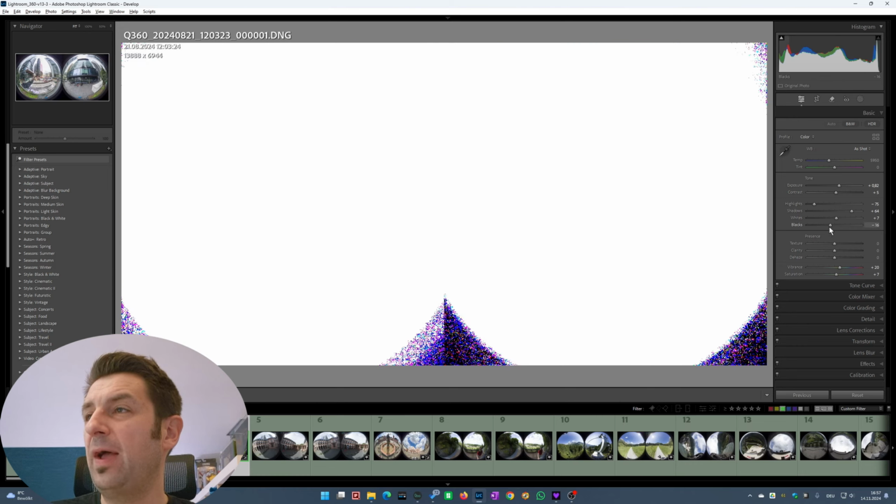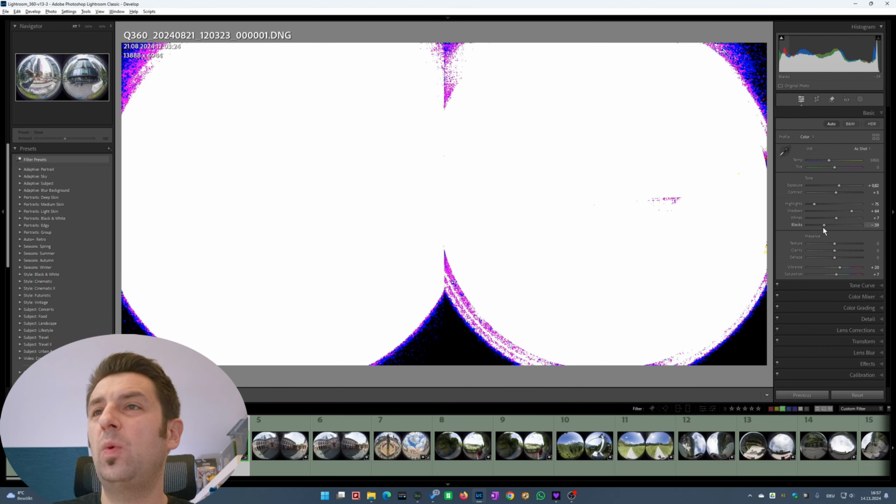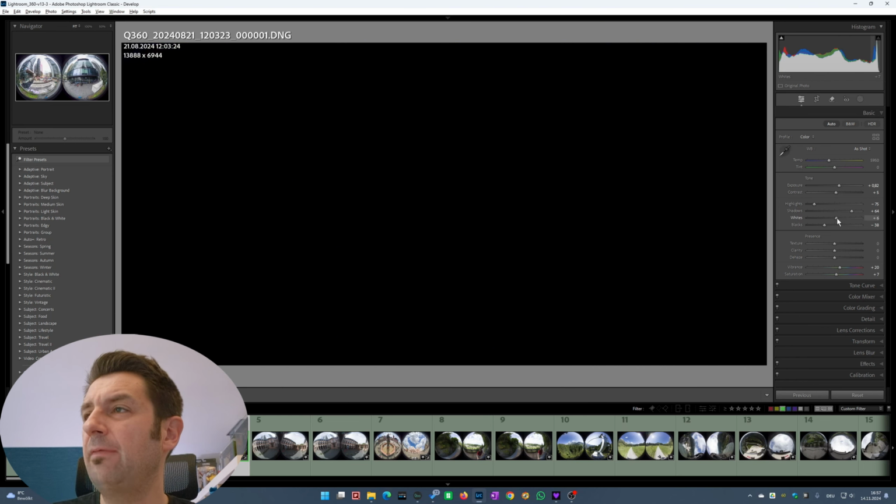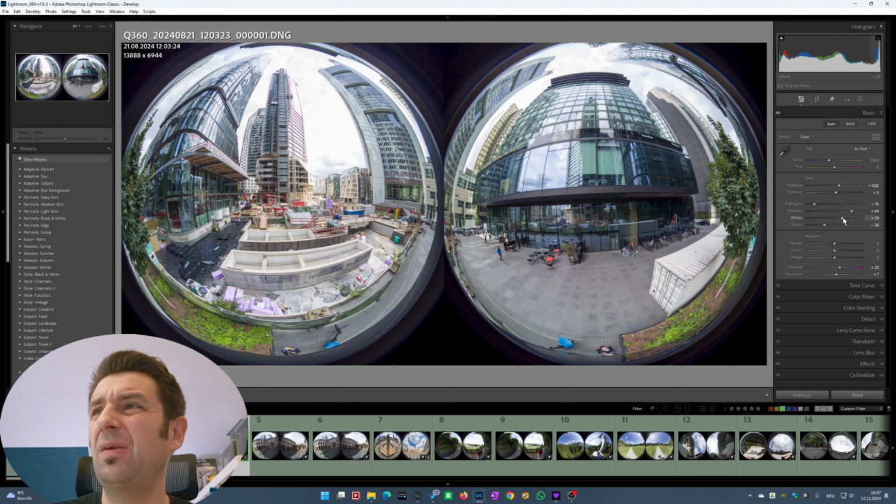So first I press Alt and go with the blacks down till I see some blacks coming up. Then I check what it has been. In this case, it's the part of the building here. It's dark and that should be fine. After that, I press Alt and go with the whites up till I can see something. But